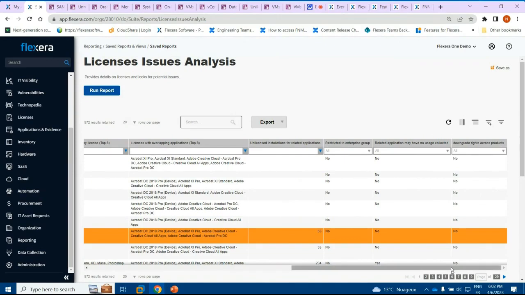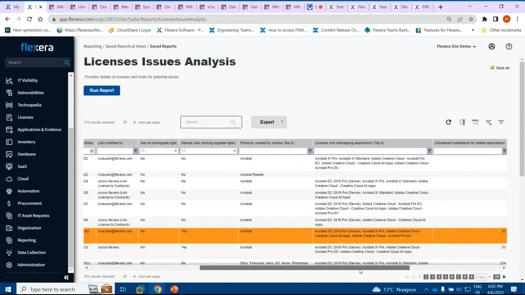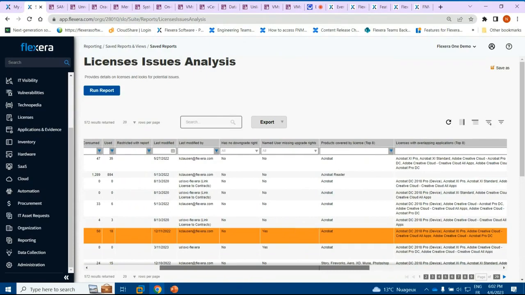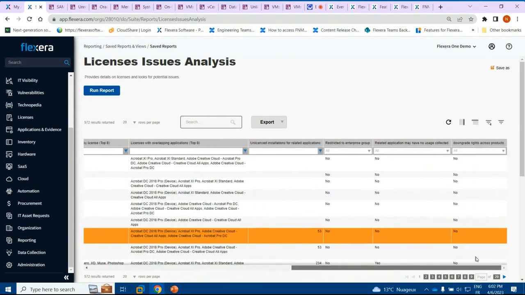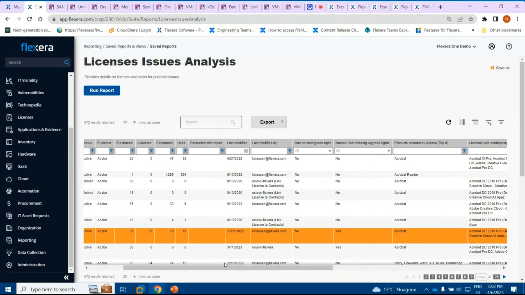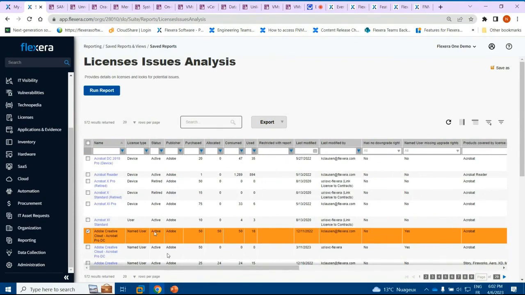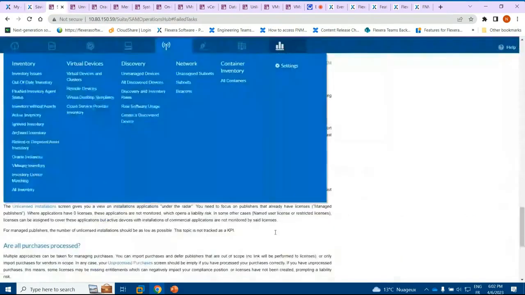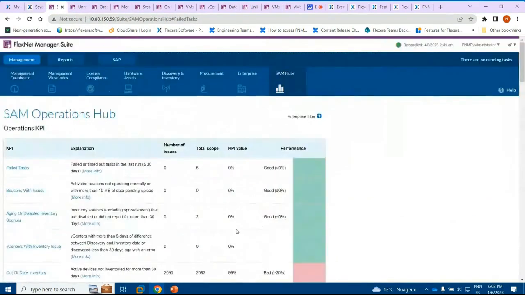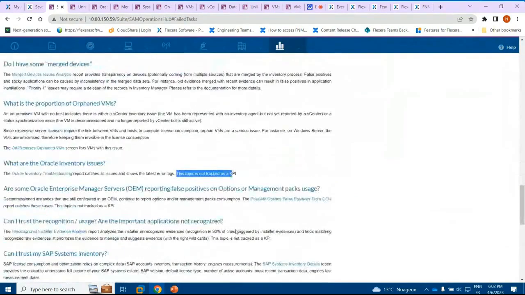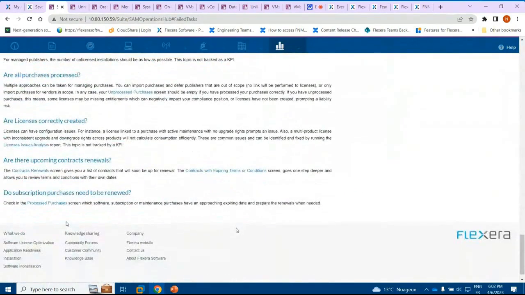It may have inconsistency. So if you have 5 products and 2 of them have upgrade and downgrade rights, and maybe upgrade until next month, and 3 products have no upgrade, no downgrade rights, this is an inconsistency. So in the end, this report will catch everything, and in September it will have a new column called comment that will summarize the potential issues for the license. So you see, this is going beyond the numbers. This is good. This is bad. This is going very deep. And the last thing that I wanted to show is about the